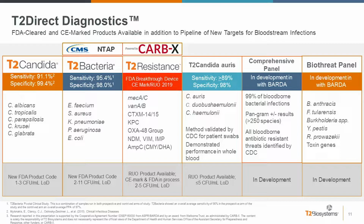And then the next panel in the pipeline is T2 Resistance. It has not been FDA cleared yet. It has what's called a breakthrough designation, which is a really nice process to enable a more efficient process through the FDA, and now has some benefits when it comes to CMS and NTAP, as we've heard yesterday. That detects resistance genes directly from the patient sample, once again, same kind of performance in terms of turnaround time and sensitivity. And these are the resistance genes that are listed by the CDC as the most concerning ones for